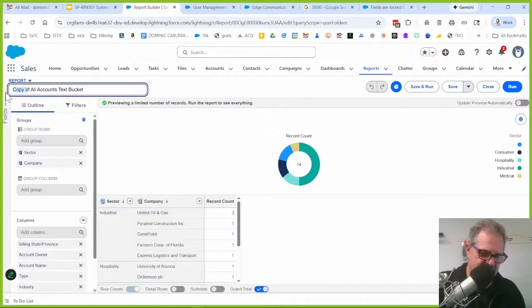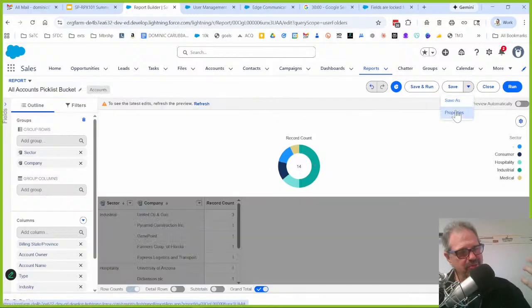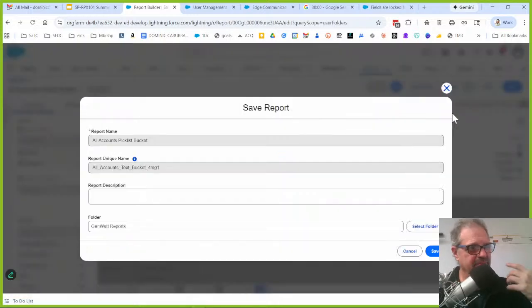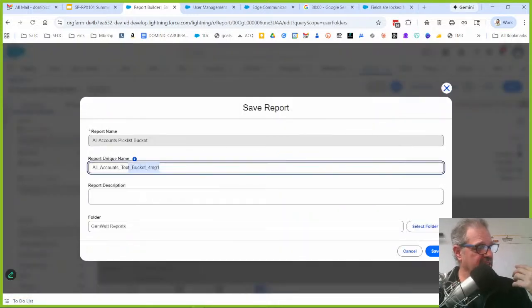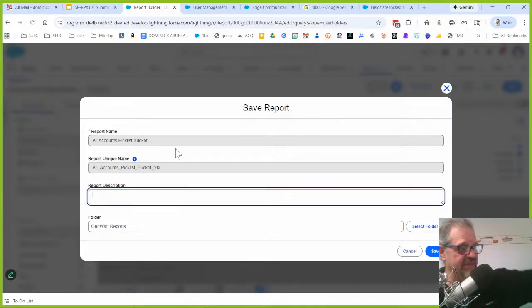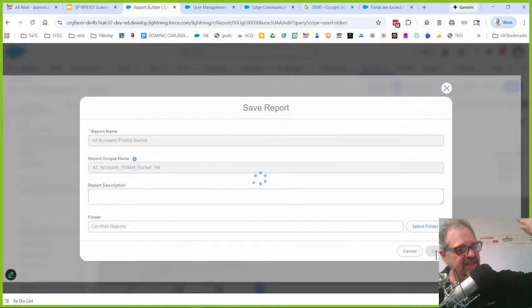But when I look at the properties, it's not a problem for me to do this, but the issue is that the unique name doesn't get changed automatically when you change the name. And again, it's rare that it matters, but when it does,